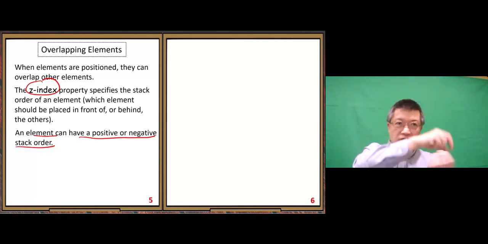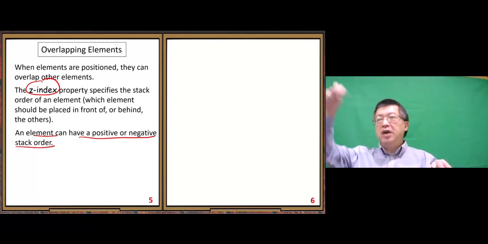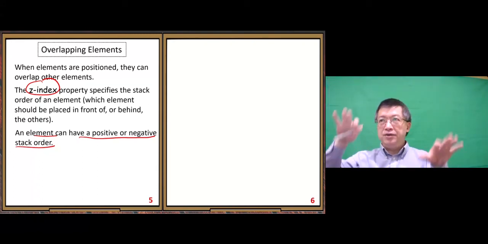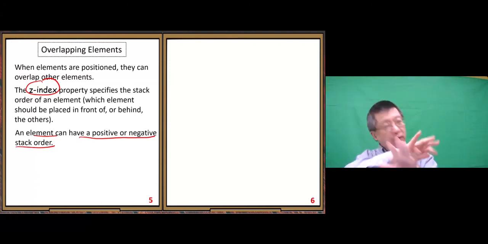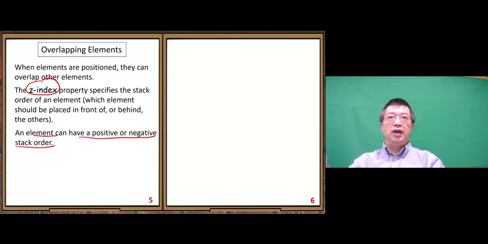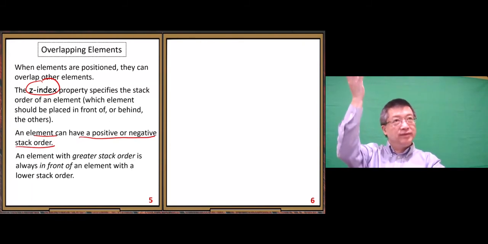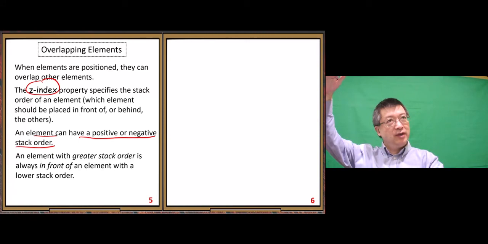The browser just sorts them from the smallest value to the highest value, considering positive, negative values, and 0, in increasing order. Then, to display them, the element with greater stack order,